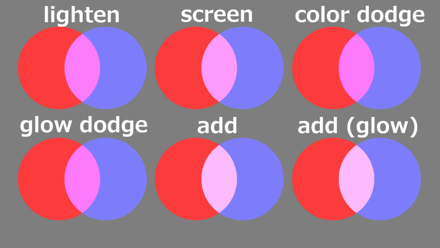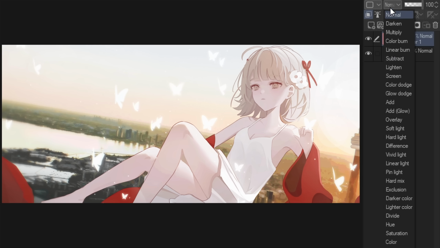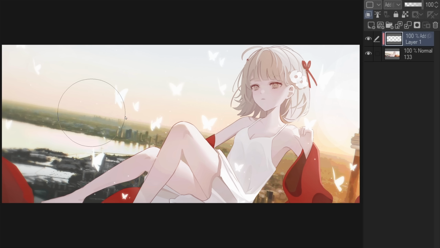Since we are already on the topic of shadows and lights, let's talk about lighten modes. Self-explanatory, but these layer modes are used to lighten an image. From the list of lighten modes, my favorites being screen or glow. If you have a bright light source in your illustration, you can make the light stand out more with a glow layer. Just use an airbrush and apply it to where the light source is coming from. This will make the light source appear to emanate out from the light source. This can be used for a variety of different light sources, such as fires, light bulbs, the sun, or anything